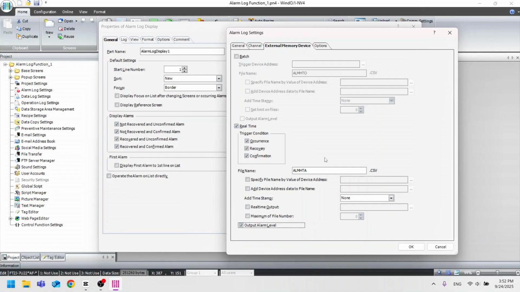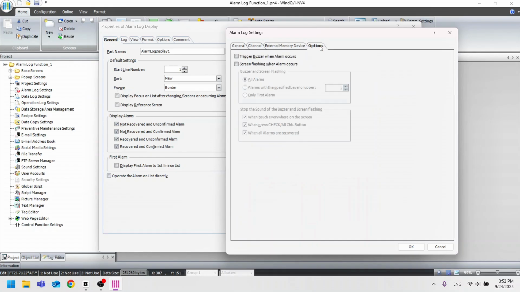Finally, on the Options tab, to make notifications as effective as possible, especially when an operator isn't right in front of the screen, I recommend checking two boxes. Check Trigger Buzzer when alarm occurs for an audible alert, and check Screen Flashing when alarm occurs for a visual one. This provides both sound and visual notifications, making alarms much harder to miss.